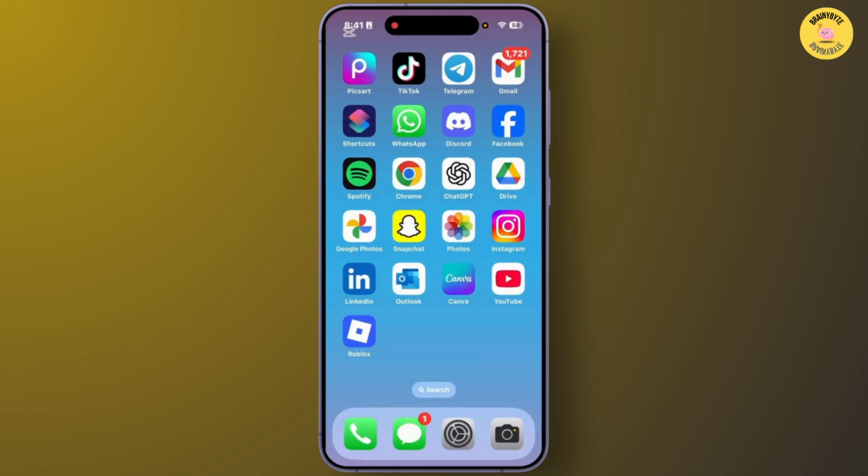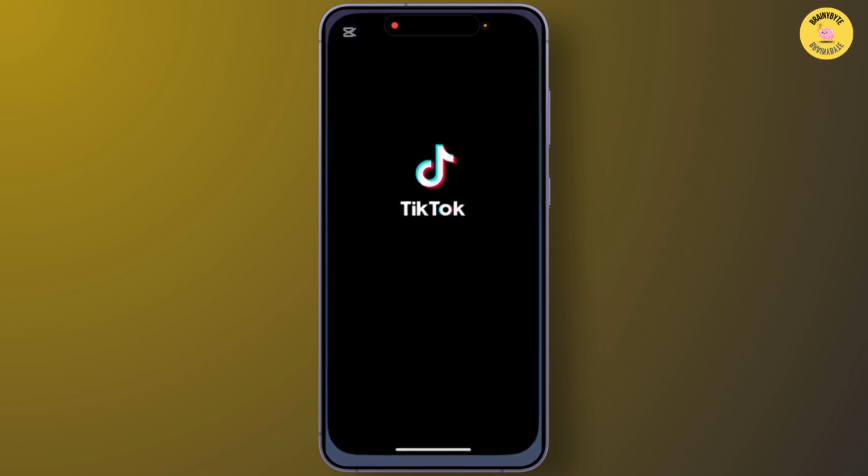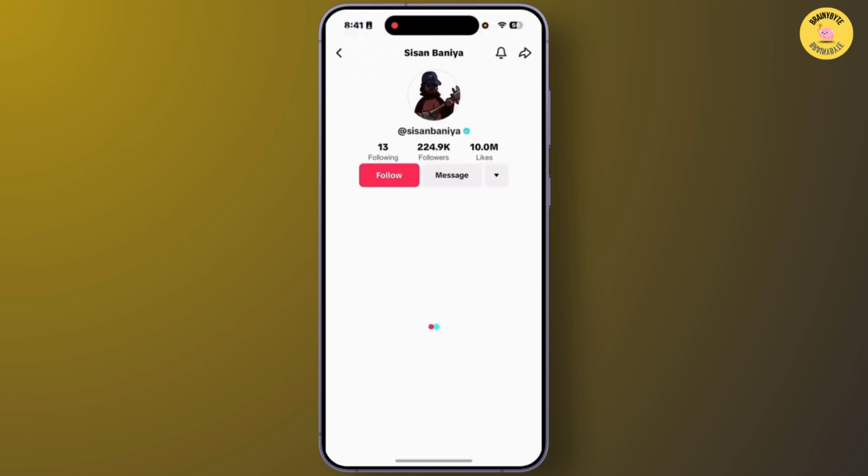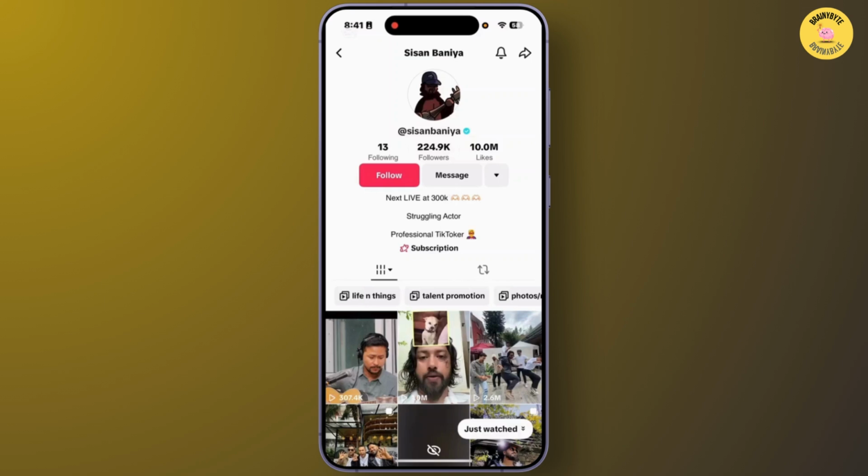First, open the TikTok app with your account. After you open TikTok, you'll get this type of interface. From here, you'll have to just open any person's TikTok account profile. For that, simply tap on their profile, and from here, if they have added their phone number in their profile section, you can manually access or